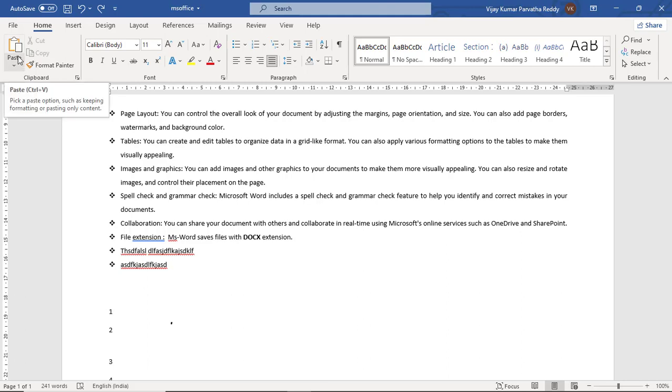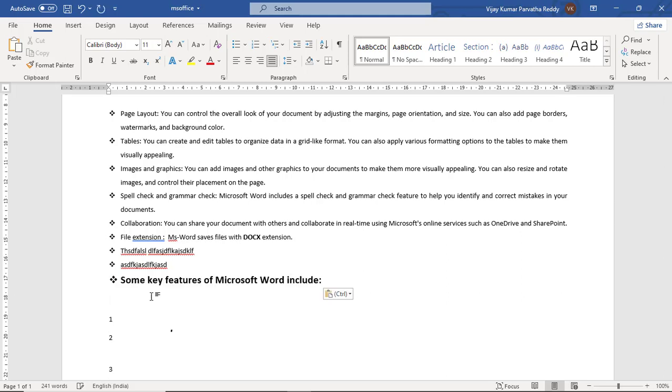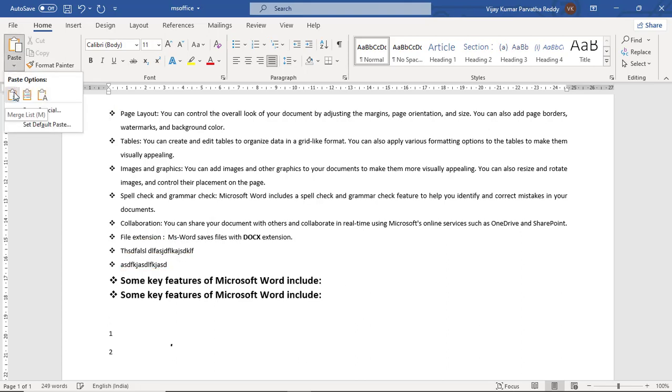The shortcut key for that is Ctrl V. So, in paste, suppose I apply Ctrl V directly from the keyboard, it will paste here. Or otherwise, we have different options here. Click the down arrow. See, the first one is merge list. Merge list means